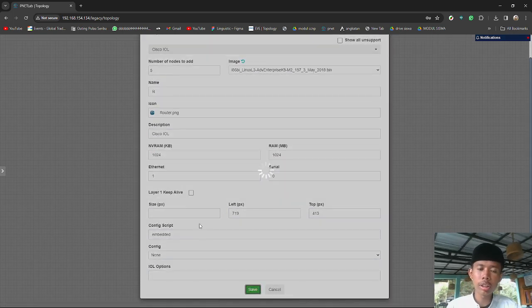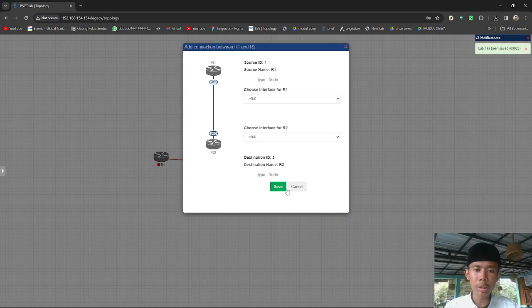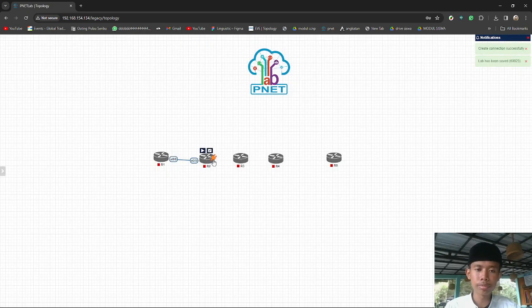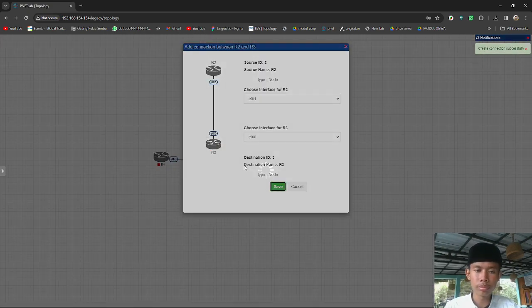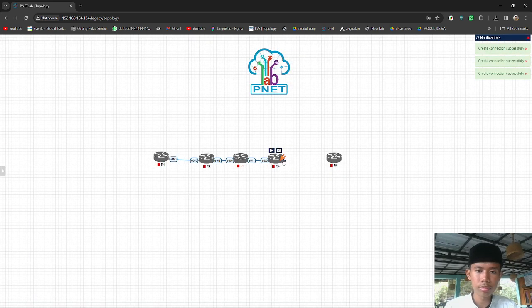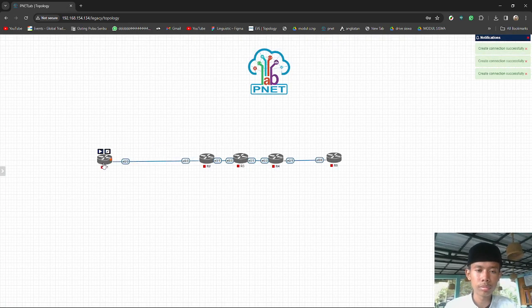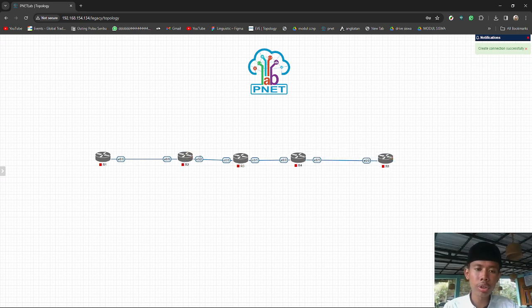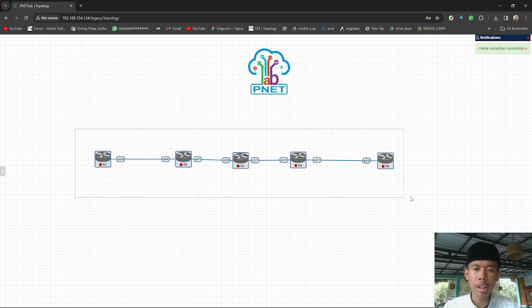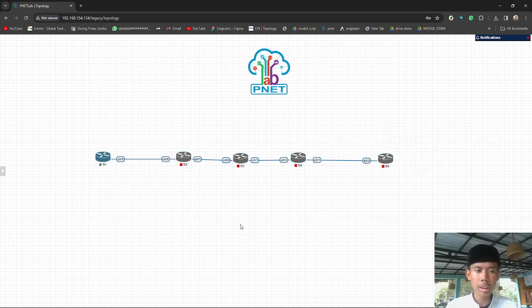We will start the configuration on the first router, and don't forget to turn on all the routers.